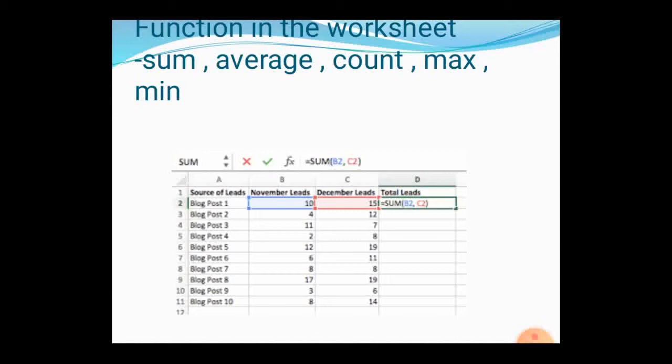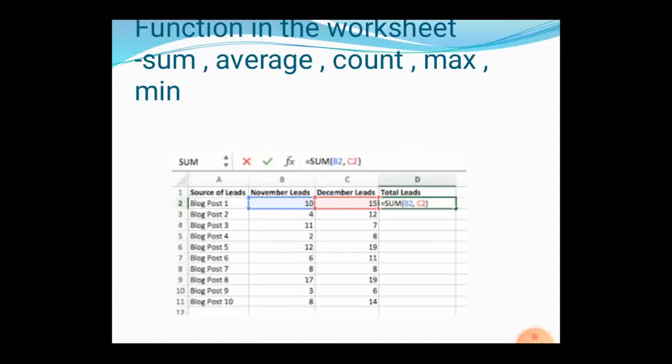You have to write the function name sum in the formula bar, and mention the cell names, that is B2 comma C2. If you want to add these two values, you give sum B2 comma C2.